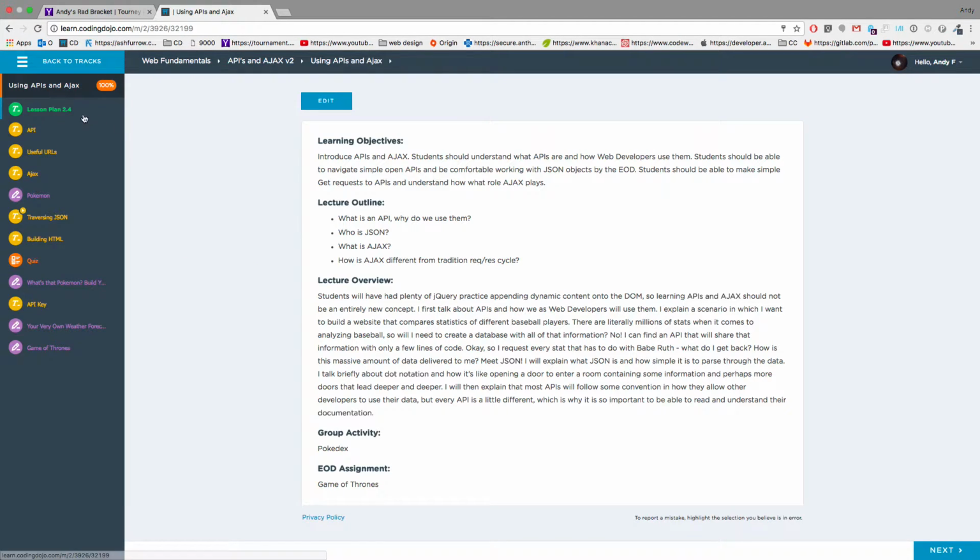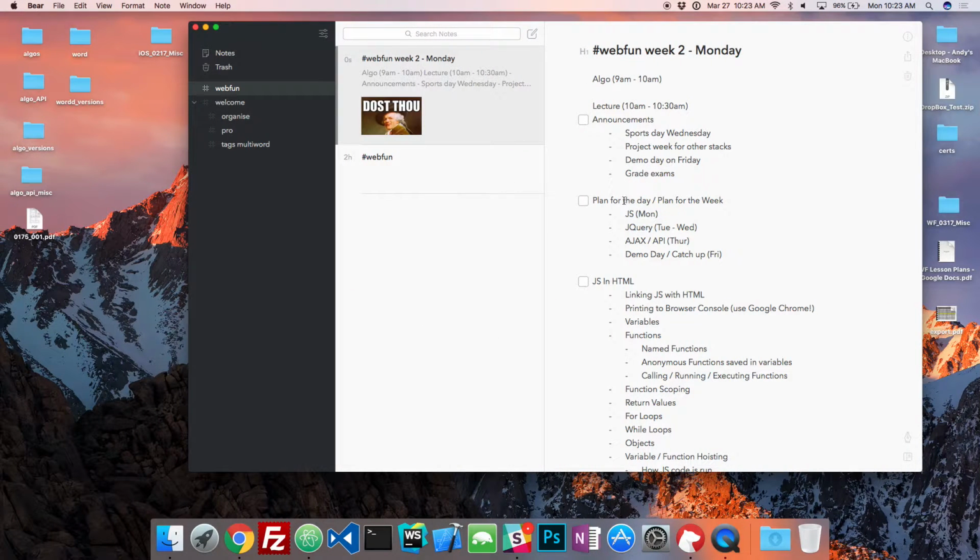This chapter is fairly short, but it's pretty important to know AJAX and jQuery. Once you guys have a background in jQuery, AJAX and APIs will become a lot easier. So we're going to do this on Thursday, and then Friday will be generally a catch-up day, and there's demo day on Friday. So you might not have too much time to work, but that is the goal for this week.